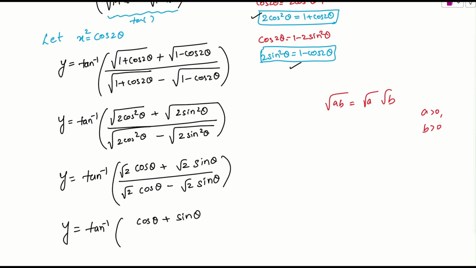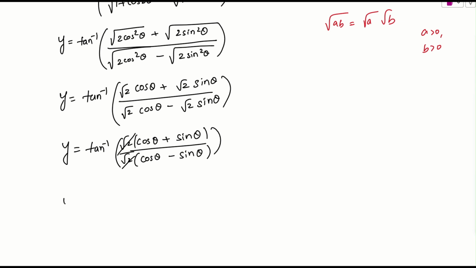If I take root 2 common, let me write it down for your sake. And if I cancel, it will be easy. This is cos theta minus sine theta. Is it okay? So I'll be cancelling this 2. From this, what I can say is that y is equal to tan inverse of, if I get